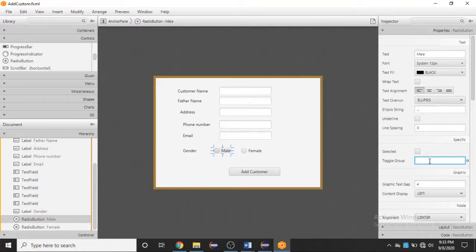So let's suppose, by clicking on male I go to the properties window, then I will have any toggle group name, let's suppose gender.